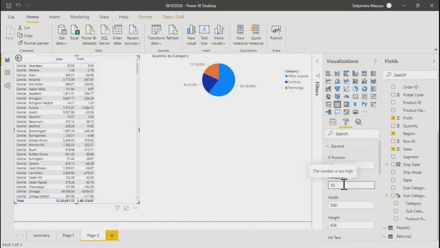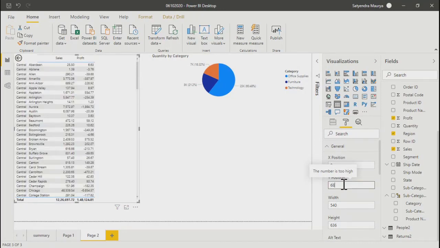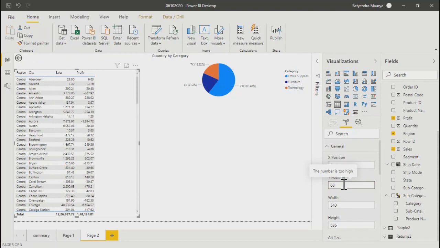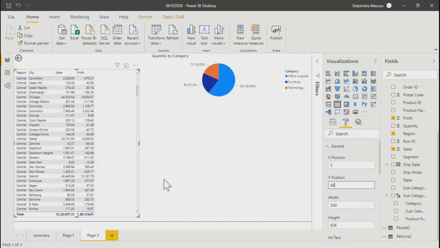This number is too high. Okay, so this is how you can switch from top to bottom towards the bottom. I think the height and data in this table is still too much. That's why it is taking a lot of time, but that's fine. So we are able to move it. Maybe I'll put it at 90. No, 90. It says the number is too high.